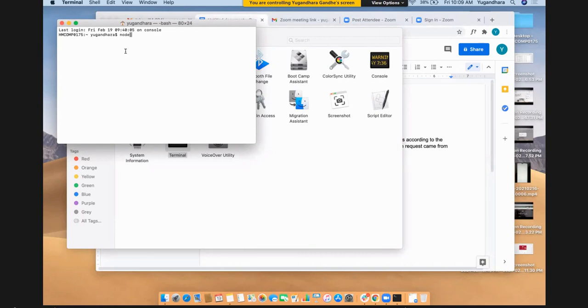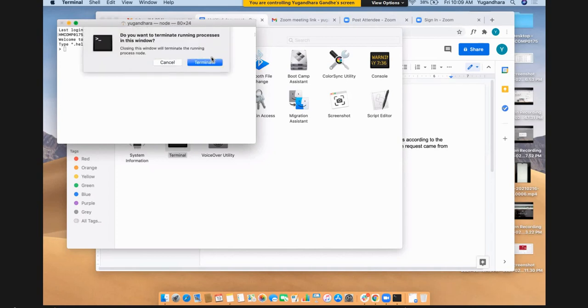This is the command using which we access node, and I'll simply hit enter. So it has started the node environment. You can see the node environment. Now in this environment, we have this cursor over here. You can write any JavaScript program statements and hit enter, and you can execute any JavaScript program in this environment. That is what the node environment is, right?